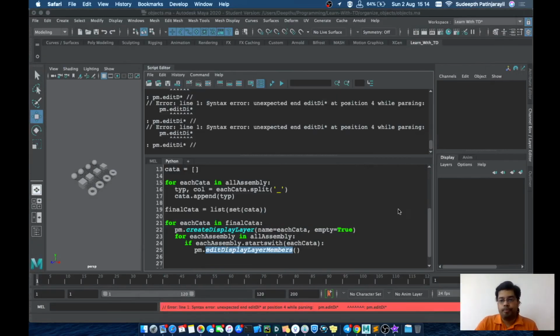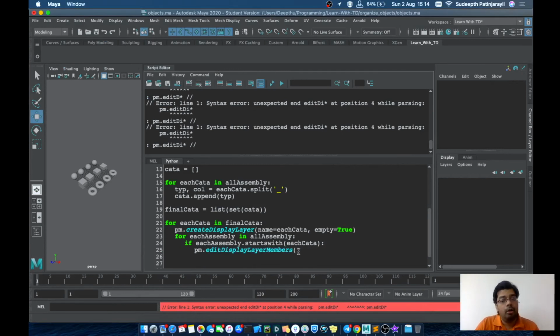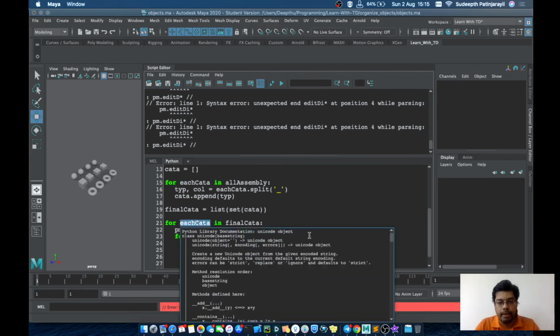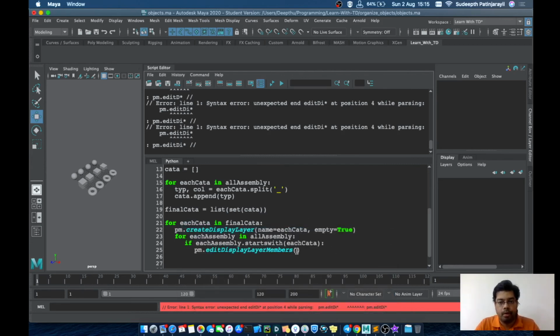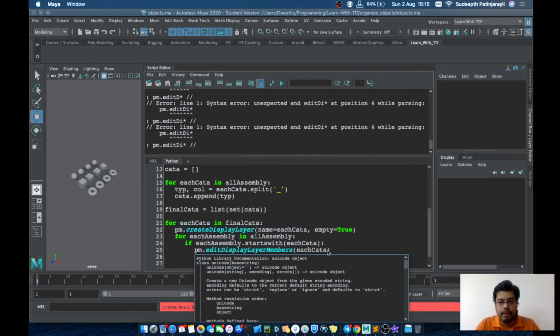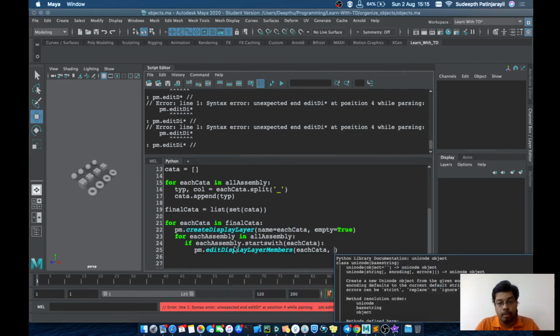So for that we want two main things: the display layer name, and the item to be added to that display layer. So what will be the display layer name? Each category will be the display layer name. And what is to be added?